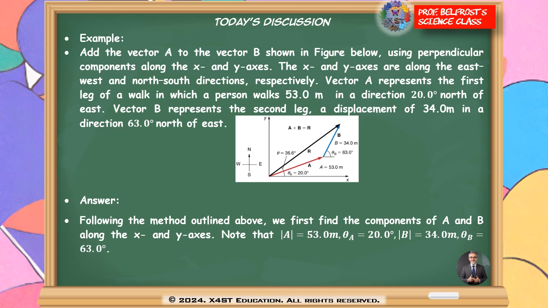Here's the figure. Vector A represents the first leg of a walk in which a person walks about 53 meters in the direction of 20 degrees north of east, and vector B represents the second leg, a displacement of 34 meters in the direction of 63 degrees north of east. So how do we solve it? That's very easy. We are given A, B, theta A and theta B, so you just need to